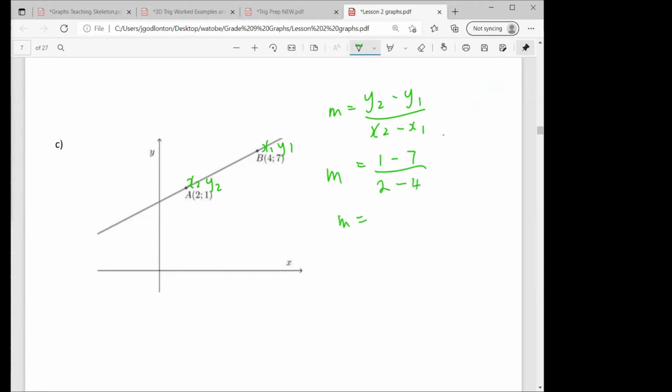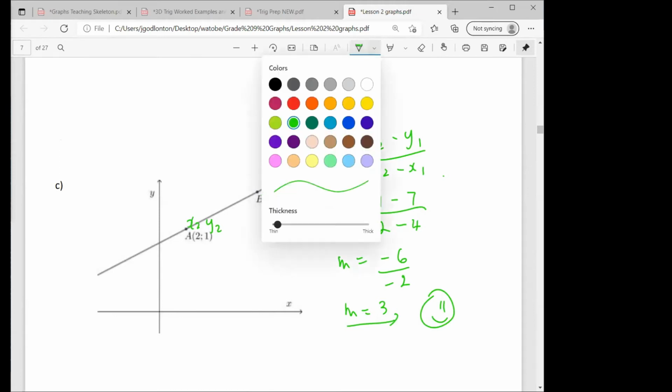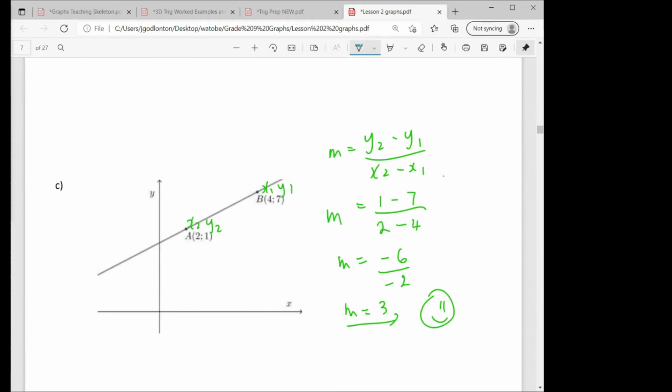1 minus 7 is negative 6. 2 minus 4 is negative 2. Negative 6 divided by negative 2 is positive 3. And so for those of you who got 3, a very well done. Excellent. Great. Okay, good. And remember, just always keep this in mind, that when we are doing this, we are trying to find,